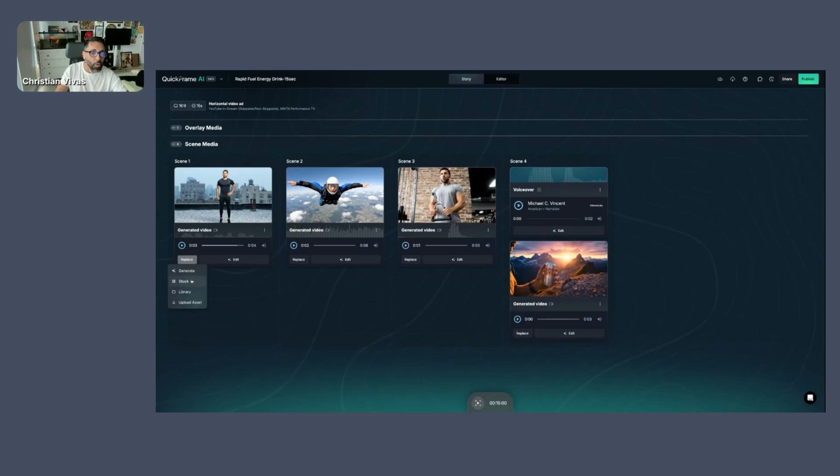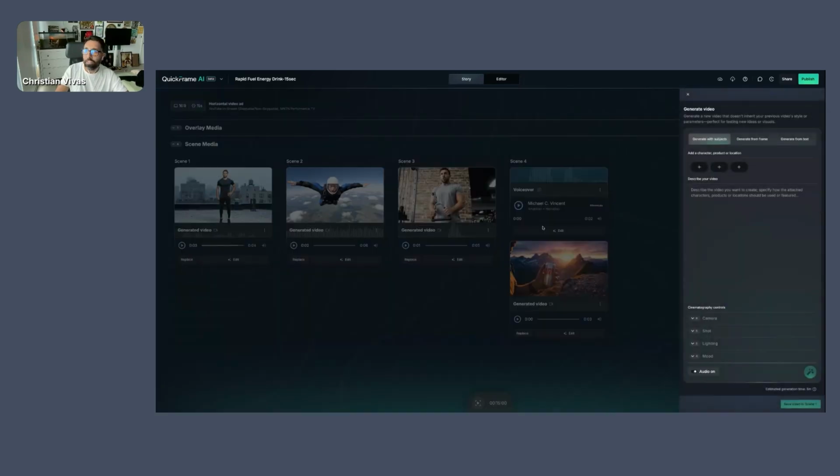You can use stock. But I want to point out one of the most powerful features that we have now, which is our generate container. Here, I actually want to start from generate from text. So we'll be able to generate video in a couple of ways in this container. The first way is being able to generate from text. That means I'll just be able to write a descriptive prompt here and generate a video. Here we'll be able to generate a video with audio and without audio.